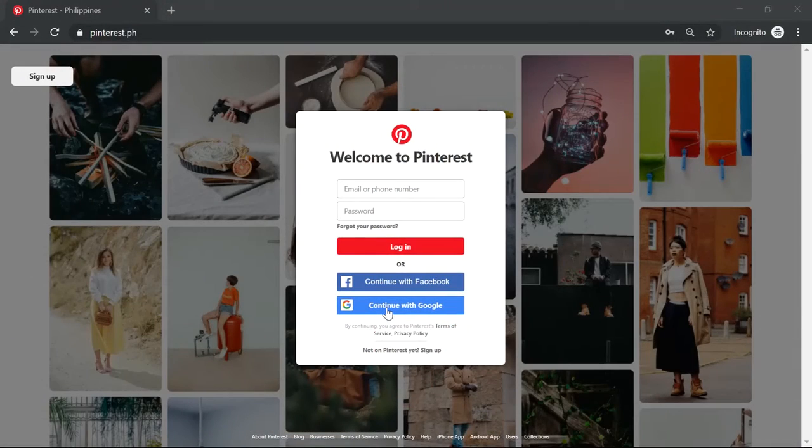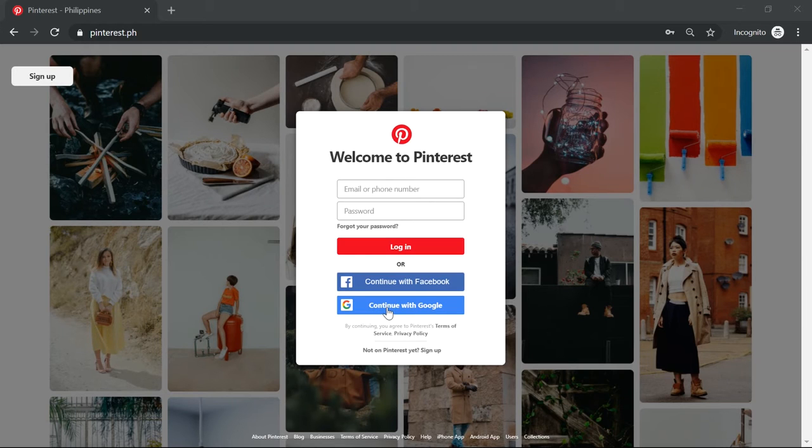Alright guys, so let's get started with actually using Pinterest for business. Business accounts on Pinterest offer business-specific features like promoted pins and analytics. There are two ways you can set up a business profile in Pinterest. First, if you don't want to have a business account linked to your personal account, you can create a standalone